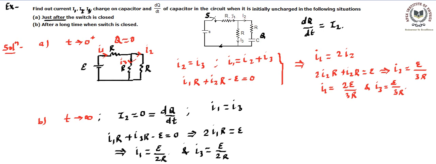And then I1 is a number which is non-zero, I3 is a number which is non-zero, but the current in this branch becomes 0. So if you have got this crux point, that's good for the question. And that's what we are looking for in the examination. You are going to get this kind of question. You need to simply answer just after and long time. These are the two widely asked questions in the examination. Let's see one more example of a similar sort.